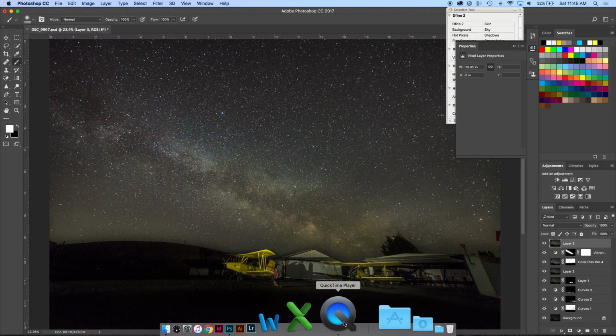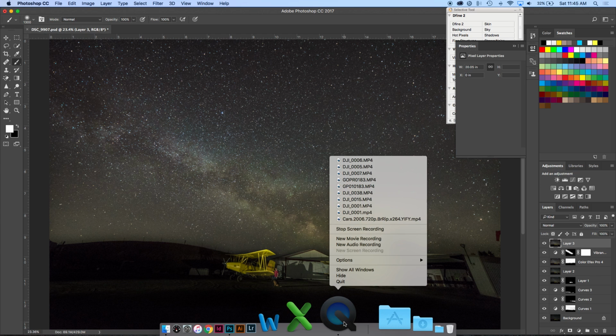Does Lightroom have free transform? They added that in Photoshop. I mean? Yeah,